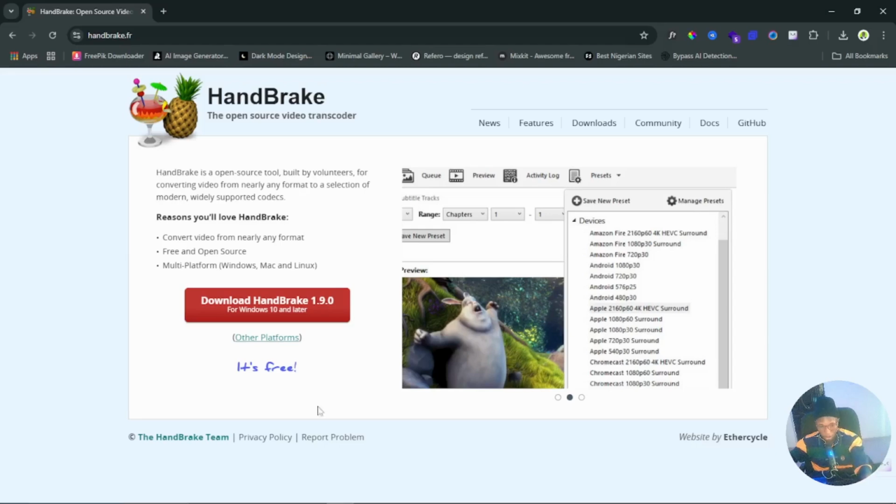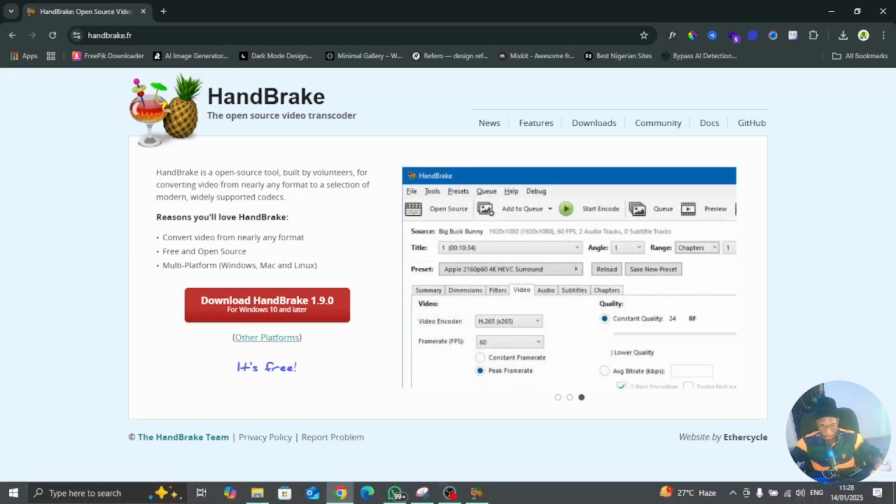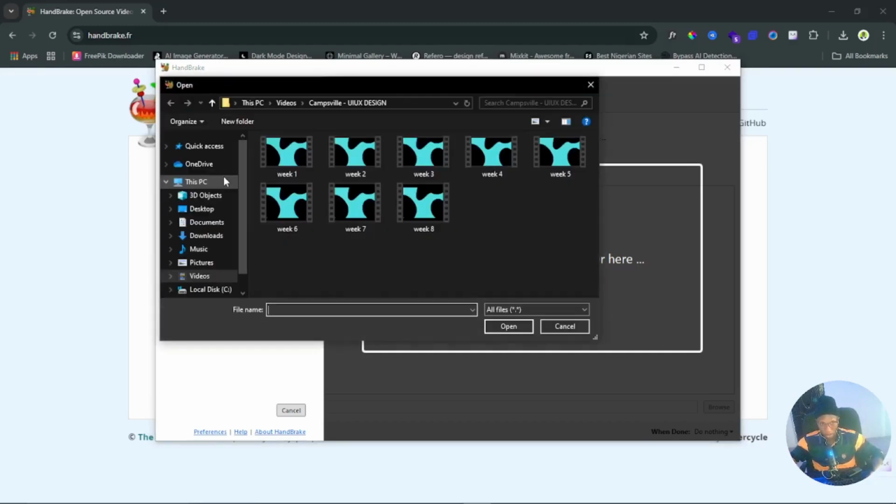In step 2, you launch the software. When you open Handbrake, you will find a clean and easy to navigate dashboard. On the left hand side, you will notice an option that says open video file. So when you click on that, it's going to ask you to select